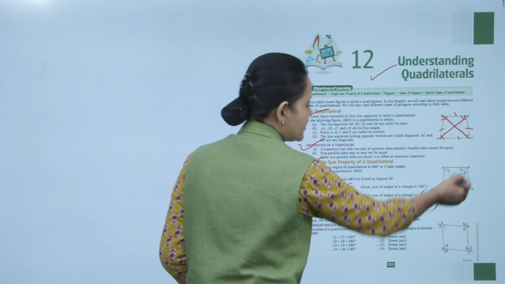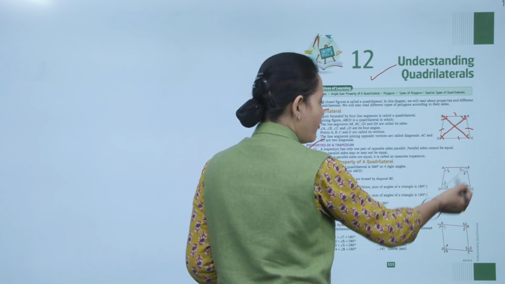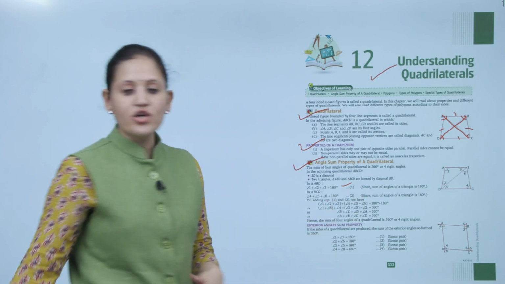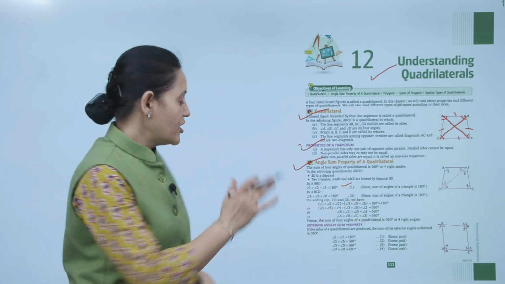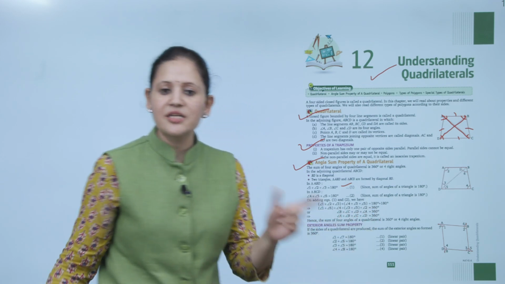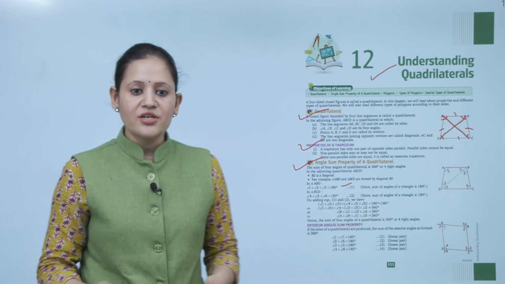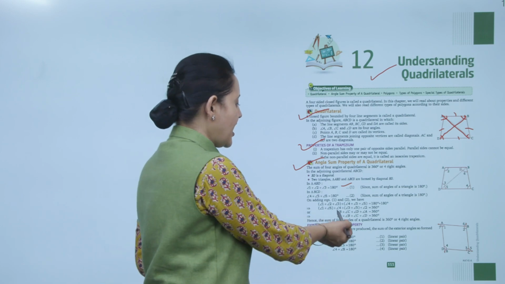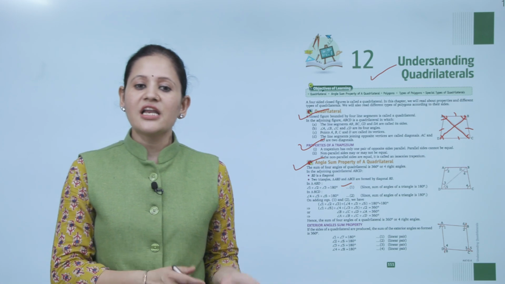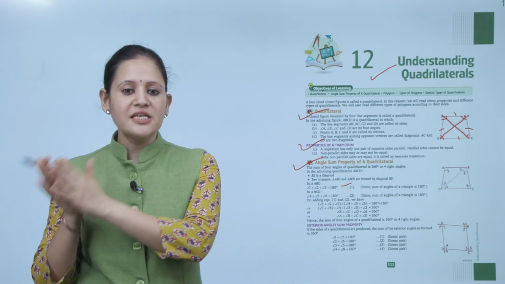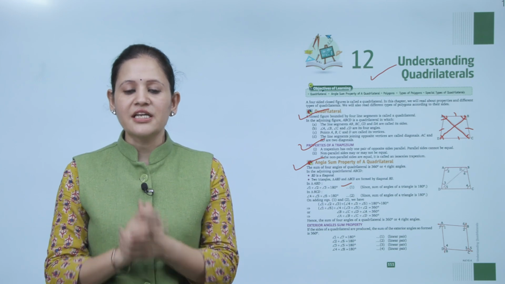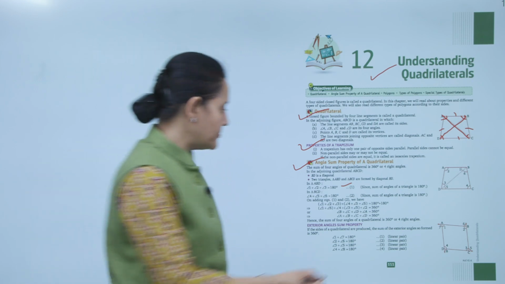And in triangle BCD, angles 4, 5 and 6 add up to 180 degrees. So on joining equations 1 and 2, angle 1 plus 2 plus 3 plus angle 4 plus 5 plus 6 is 180 plus 180. Clear? So that is equal to angles A, B, C and D, which is 360 degrees. So angle A plus angle B plus angle C plus angle D is 360 degrees. Hence the sum of the angles of a quadrilateral is 360 degrees, or four right angles.